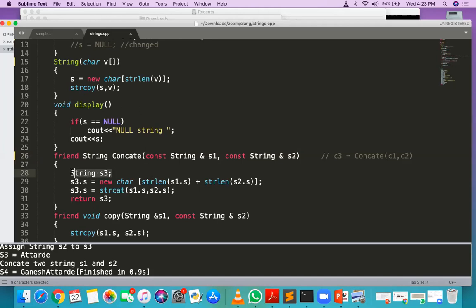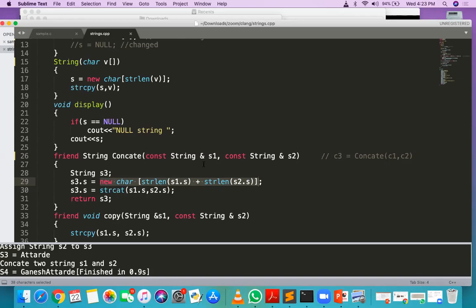Now we want to make an object of the string, S3. What should be the length of my S3? Both S1 and S2 combined. Yeah, whatever the length of S1 and whatever the length of S2 should be added. So what we are doing here, strlen of S1.s and strlen of S2.s, the two lengths will be added, and using the addition of that length, I'm allocating that memory.